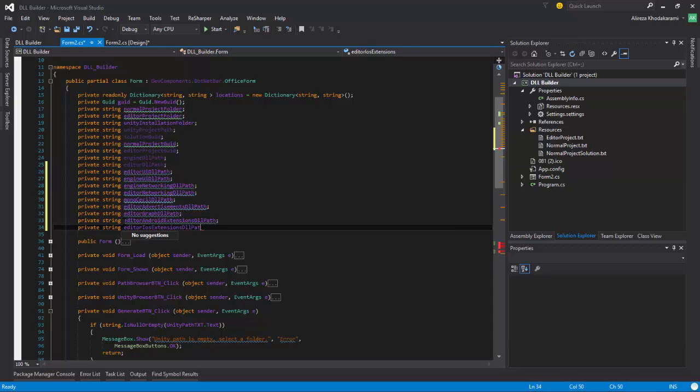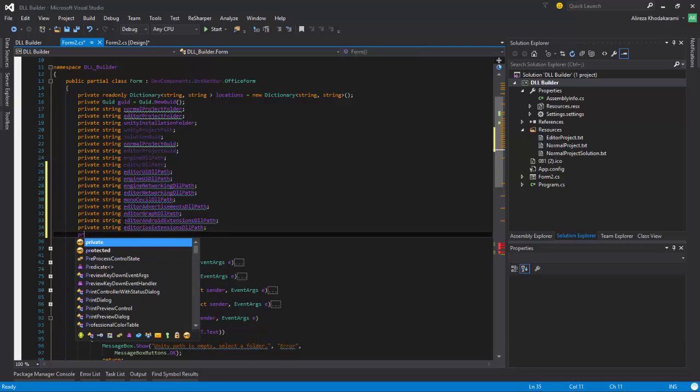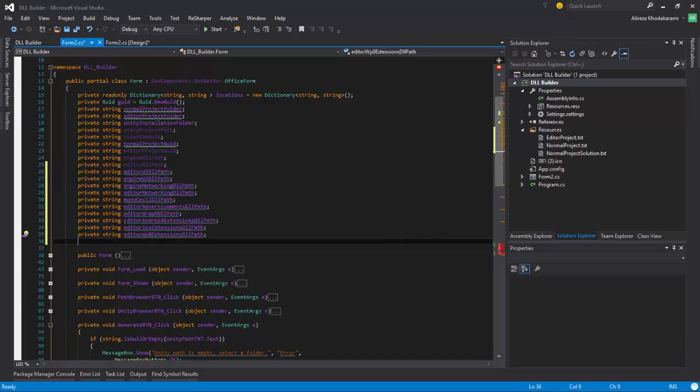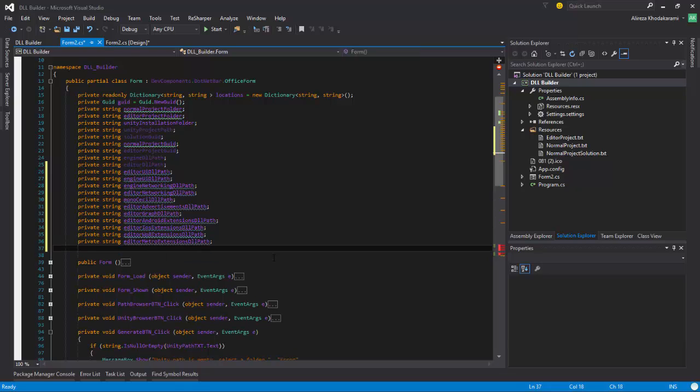extensions DLL path, private string editor WP8 DLL path, and WP8 extensions path, private string editor Metro extensions DLL path, private string web editor WebGL extensions DLL path,